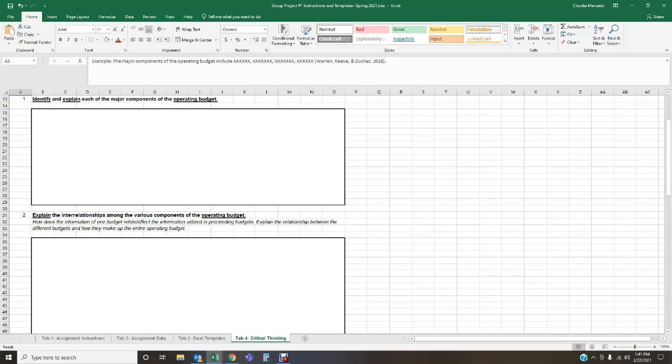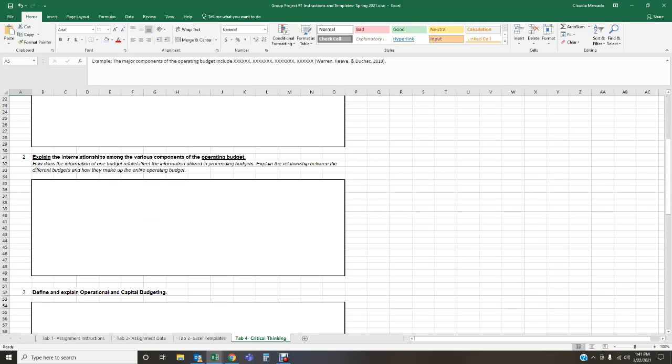It says explain. The key word is explain. So you have to go back and retrace: the different operating budget components are these, and this is how the first budget affects the second budget, how the second budget affects the third budget, and it just trickles down. So it's a matter of explaining the components of the operating budget.